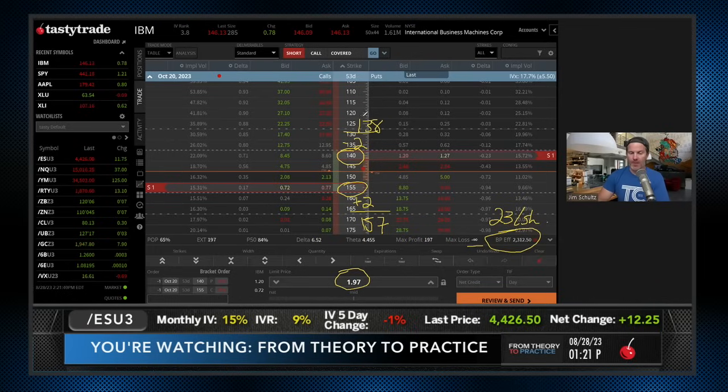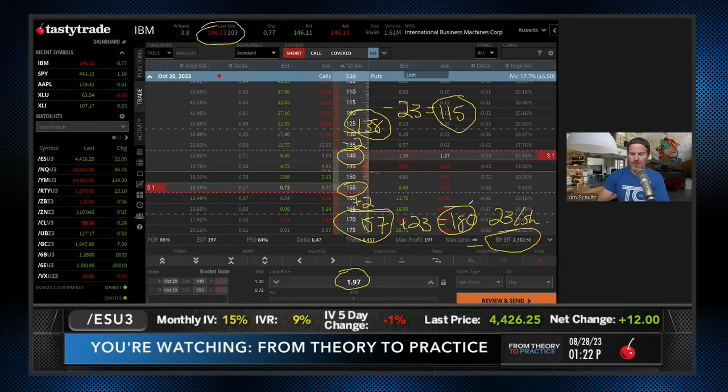Once you have these numbers, this 138 and this 157, it's actually very simple to figure this out. All I need to do is take 138 minus 23, and that gives me 115 to the downside. So this would be if IBM gets to 115 to the downside, which is a $31 drop, right? We're going to look at the probabilities here in just a second. Then I add 23 to the upside, and that gets me to 180. So I'm looking at a $31 drop or a $34 rise